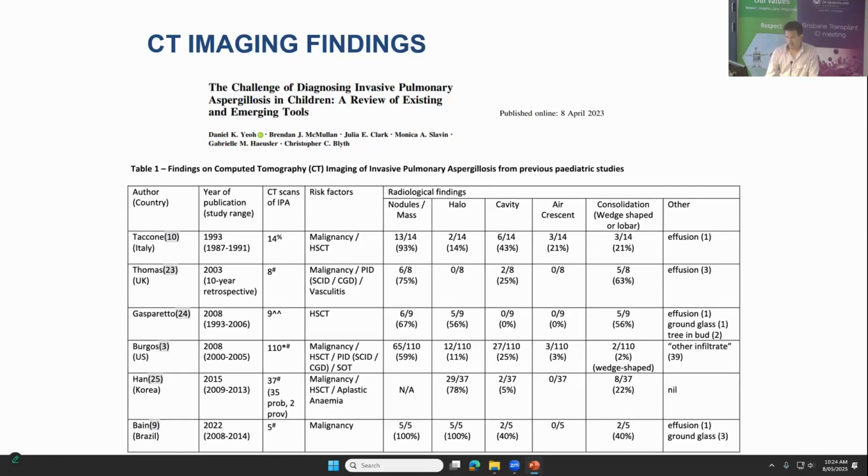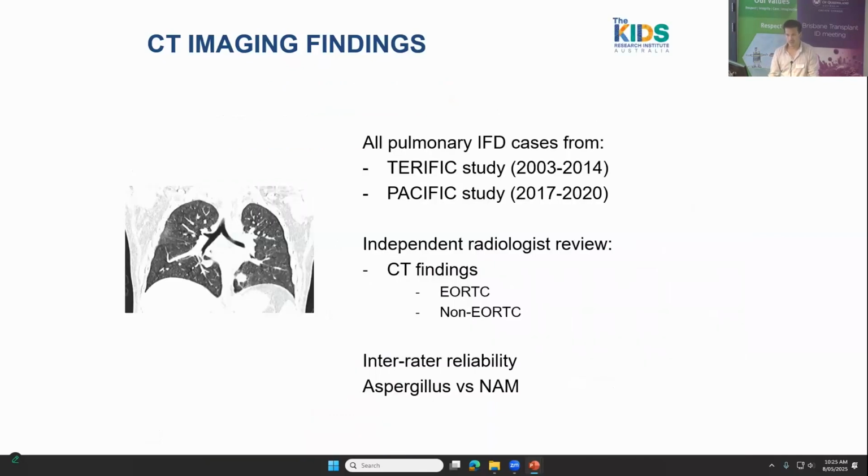When we've reviewed this, similar to adults, nodules are the most common findings, although they do have a wider differential. And the halo sign, which is more pathognomonic and more specific for fungal infection, ranges in terms of prevalence in these studies from 0% up to 100%, depending on what you look at. Importantly, a lot of these studies are from older cohorts of children treated 20 years ago, where supportive care and chemotherapy regimens were likely quite different compared with what we do currently, and the numbers overall are relatively small. So in that context, we thought we'd look at our Australian data,